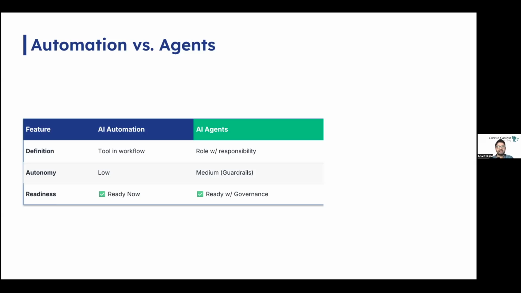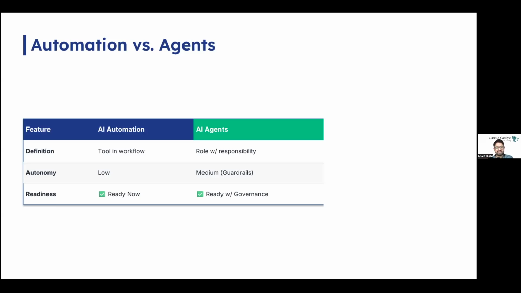For example, an intake agent receives a form and says, this request is missing the customer account number. I cannot process this, and I'm routing this back to the requester with a message, please provide your account number to proceed. The agent has decided to reject it and request more information.